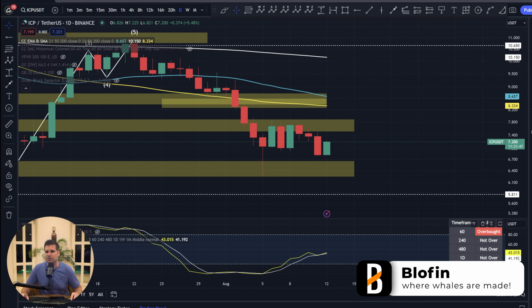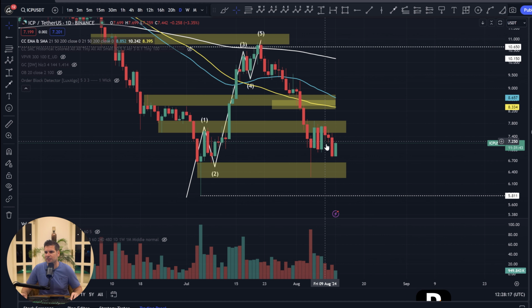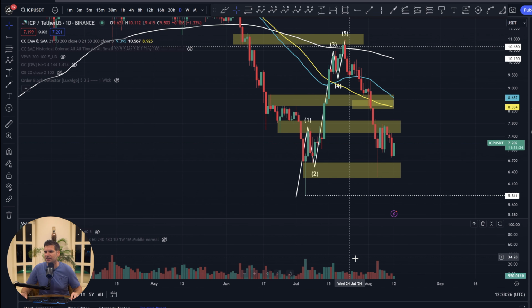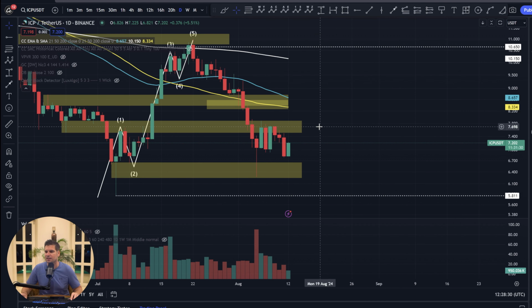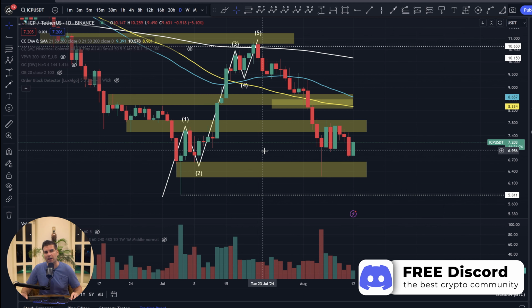And this is also noted in the volume profile. If we take a look here, we can see that as we've had this latest move to the downside, volumes have decreased. And as we had this large push to the downside, volumes had increased. Now, ultimately, with the volumes as they stand right now, the market is quite inconclusive. It doesn't tell us that there's a huge amount of demand for ICP, in either buying or selling pressure. So we want to be a little bit cautious.